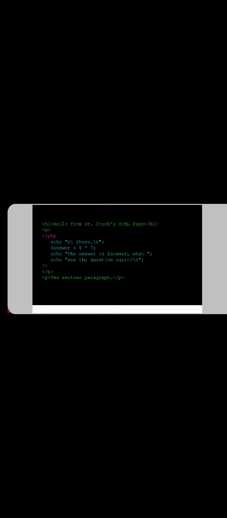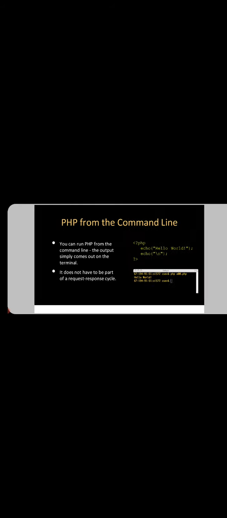Next, PHP statements or PHP code are inserted in between less than question mark PHP and question mark greater than. This is the syntax. And one more thing, PHP code is generally inserted or used within the body tag only, meaning all the PHP code should be written among the body tags only. Next, this is another example of using some PHP code in an HTML program.